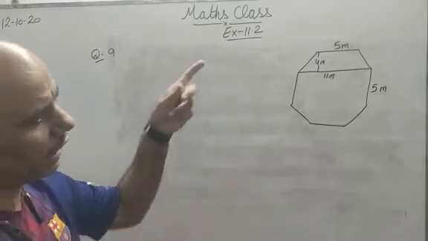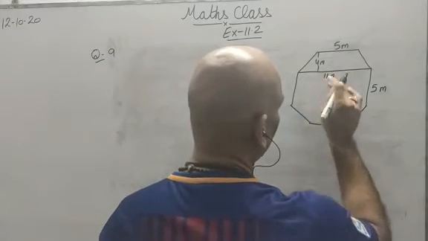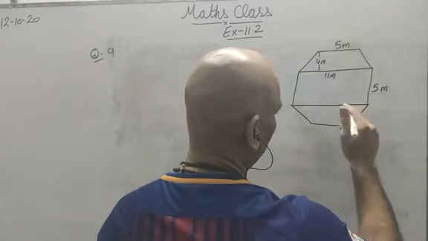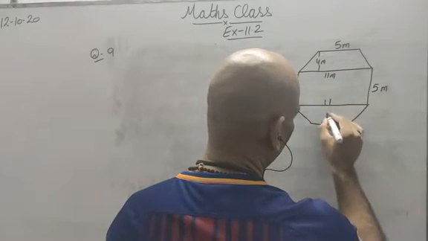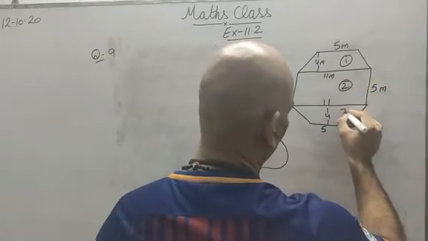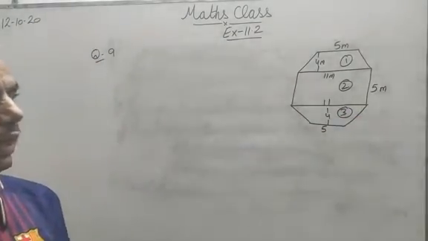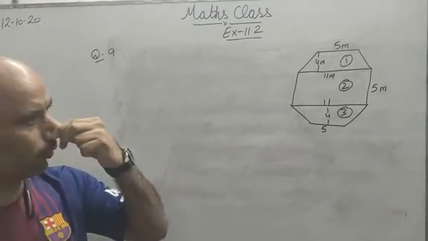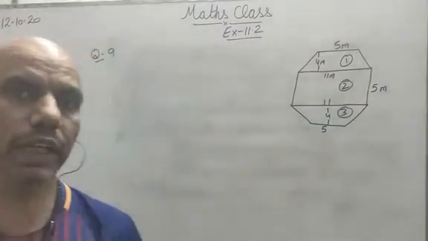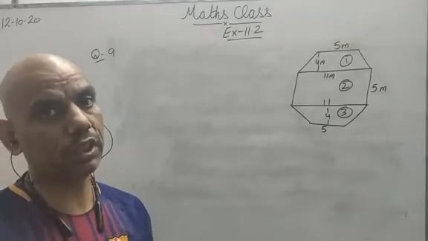So what you can see is that with 11, 5 and 4, this is a trapezium, and if I draw a line here, 11 and 5, this is a rectangle, and once again it is 11, it is 5, and this will be 4, so this is a trapezium. So portion 1, portion 2 and portion 3. These will be the 3 portions in which the octagon will be divided, and then we will find the area of all the 3 separately, and then we will add them. And as you can see that the area of first and third is similar, so we need not find it 2 times, we will just double it.